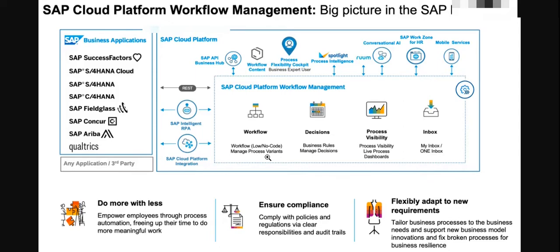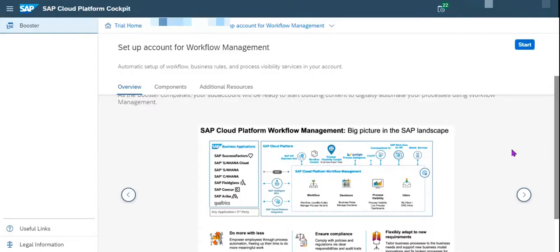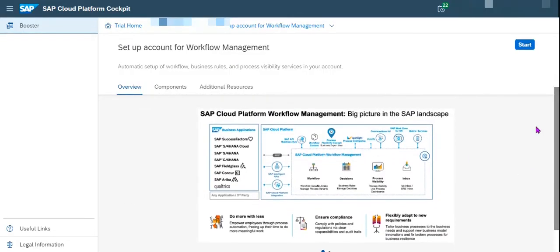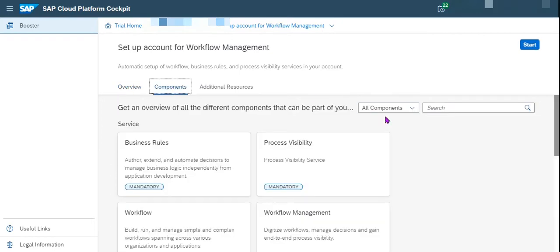Okay, so these are a few things which you can make a note of whenever you start working with SAP Cloud Platform workflows. But yes, there is a huge amount of information which I cannot walk you through in this video. Coming back to the context of where we try to see that once we enable it, you